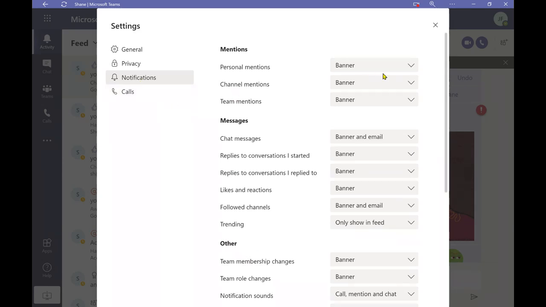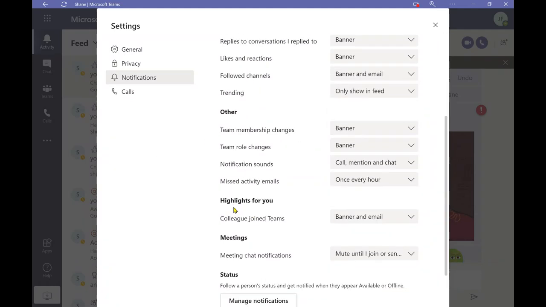Going to the notifications, I could customize how to receive certain types of activity. If I did want to only receive it as a banner, if I did only want it to show in my feed, I could do that from this menu as well. I can even change what kind of notifications, like role changes per se. I could have it only show up in my feed because I don't really want that populating in my email